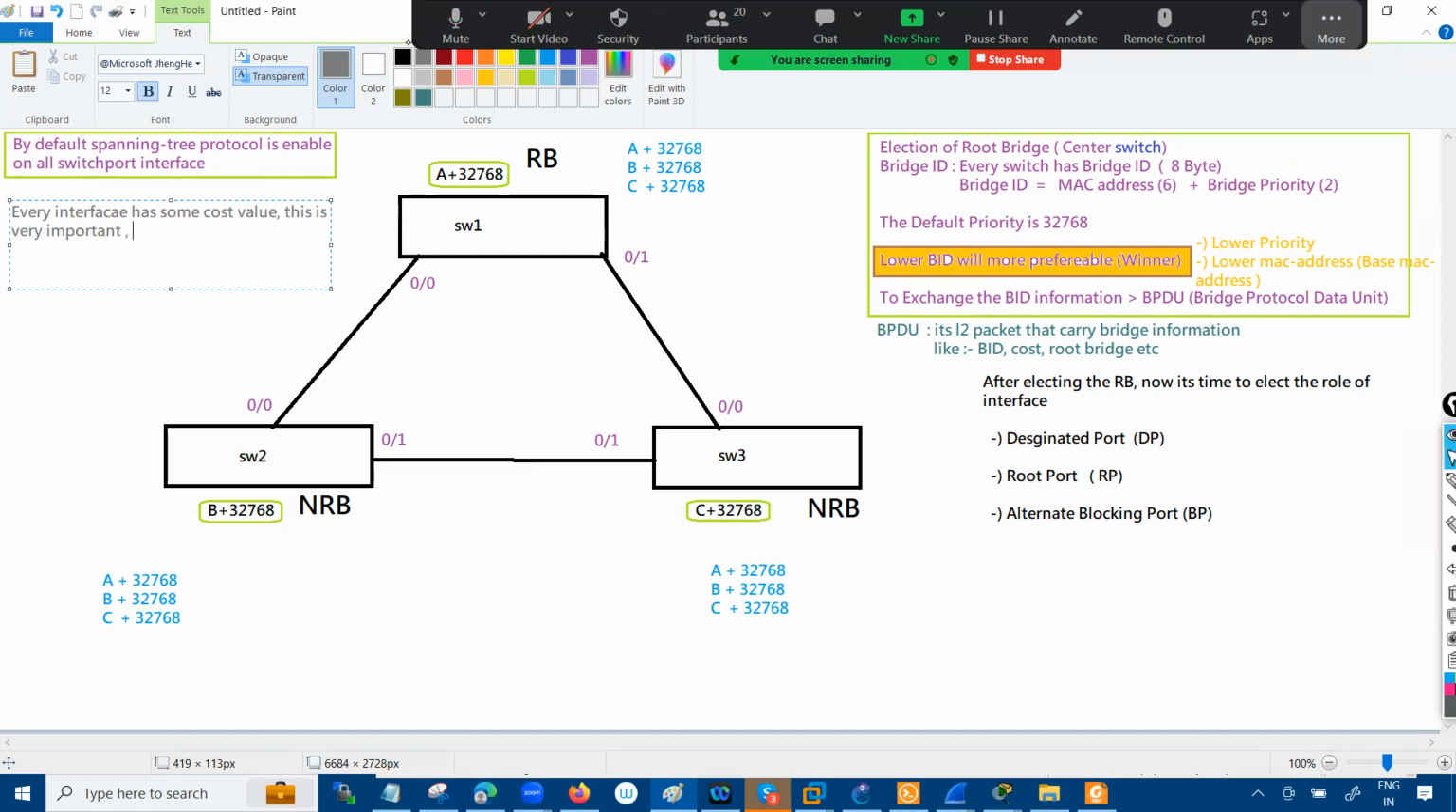Because based on the cost, right, the port will be elected. Again, lower cost is always preferred. Anyway, even if you do the routing as well. Another thing is that